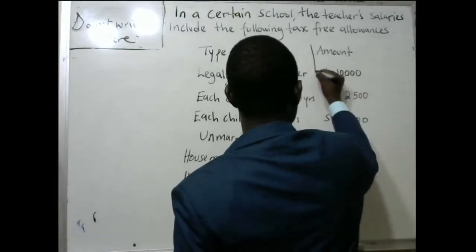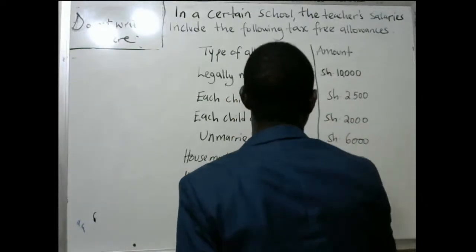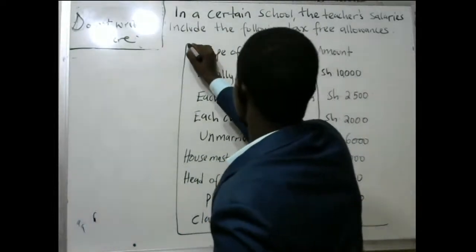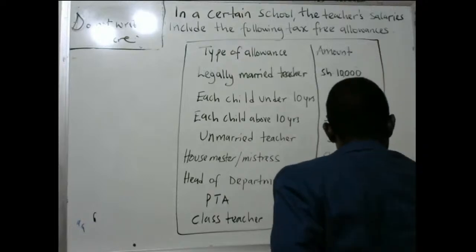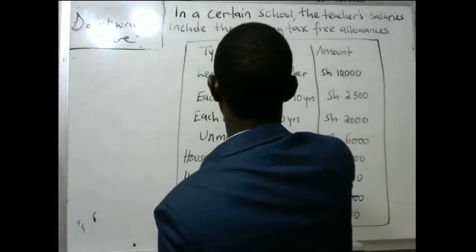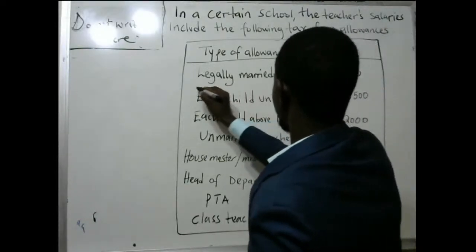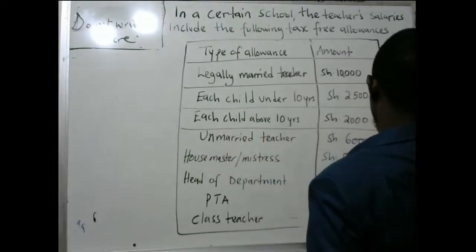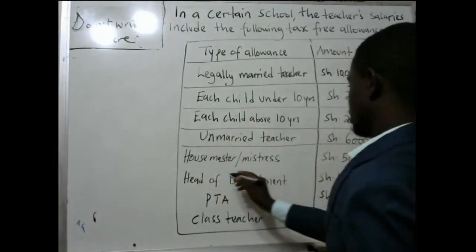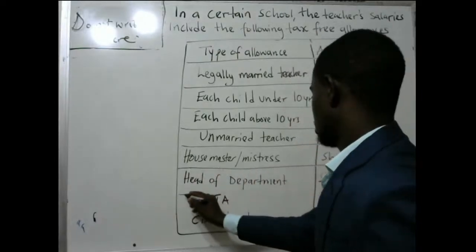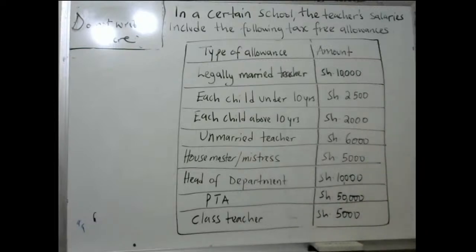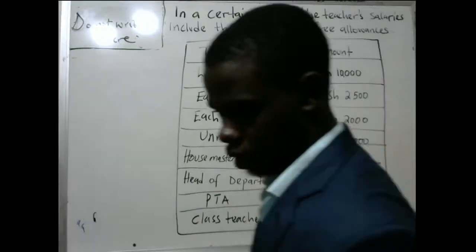Let me try to draw a table here so that I will put all these things into a table. This is a table for all this stuff. Legally married teacher, child above 10 years. So we are writing this. This is the question that we have in the first place. You need to write that in a certain school, the teachers' salaries are